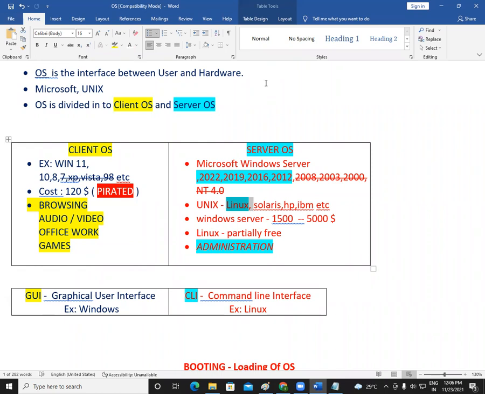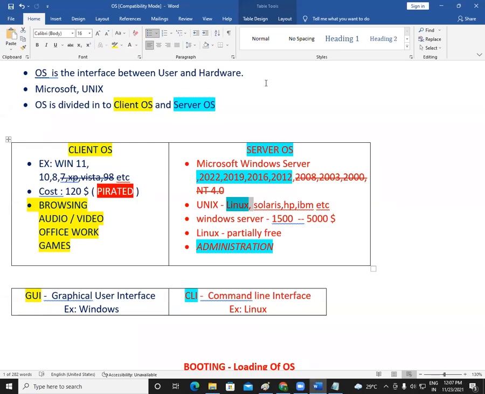Now, once you bring the hardware and take the operating system, the next work we have to do as an administrator is install the operating system into your computer or your server. I repeat, a server has some components: there is a motherboard, a processor, a RAM, and a component called hard disk. We all know hard disk very well because we save the data in the hard disk only, right? Hard disk is a permanent storage device. So the server also has a hard disk, but the server hard disk will be all empty.